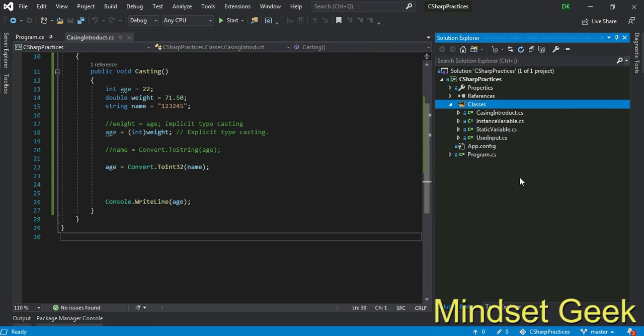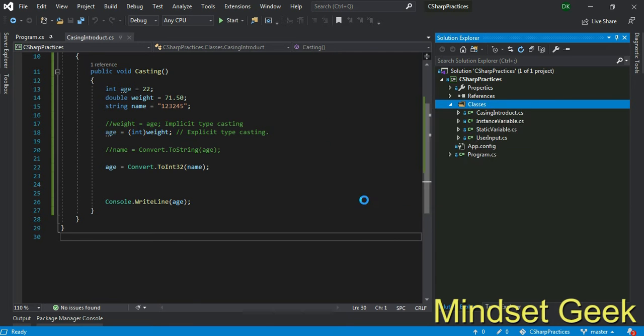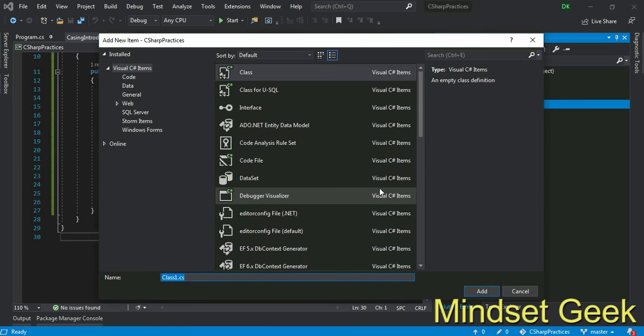Okay, first I use my previous project and I create one more class called if else statement, right?